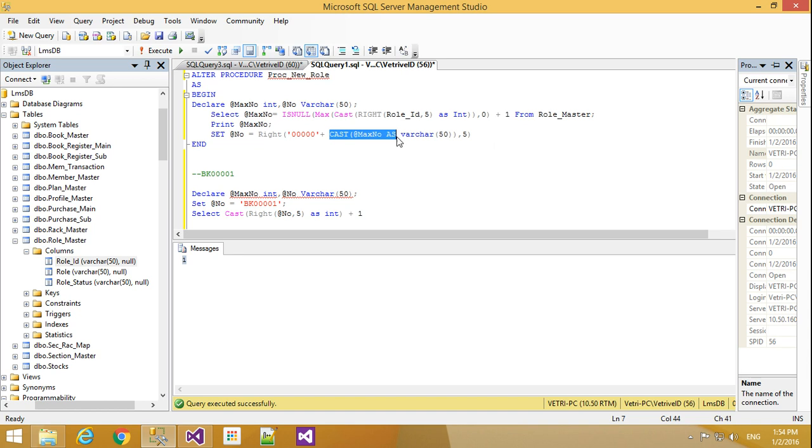So first what I will do, I will convert into varchar. First I am converting this value into varchar here, so no need to declare size and all. This is varchar, it will convert into varchar. After I will plus add,